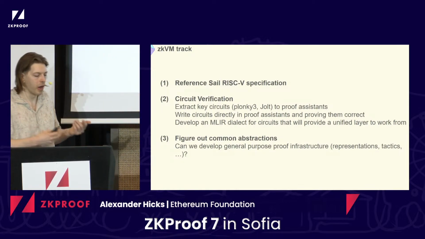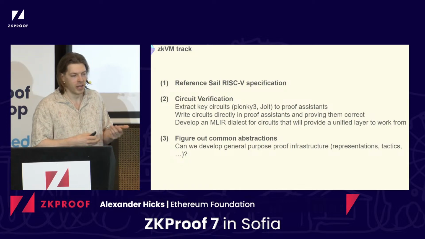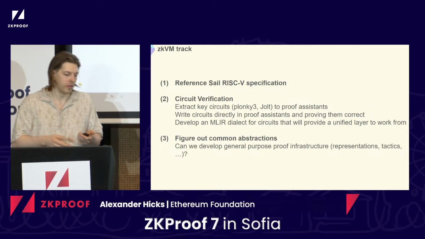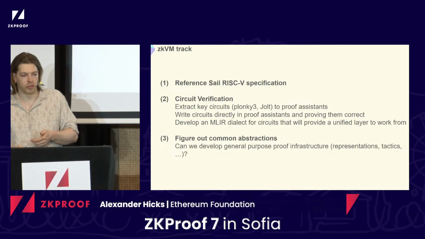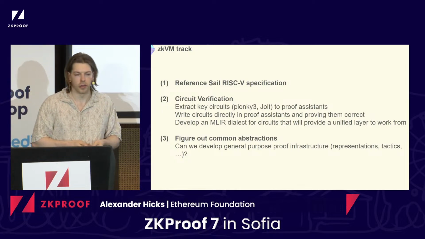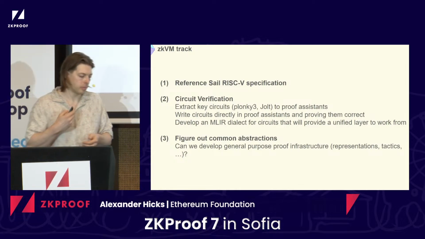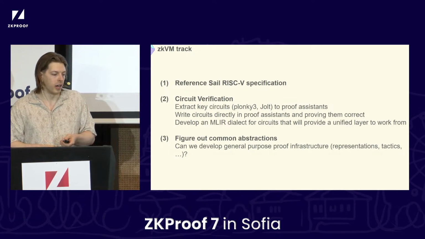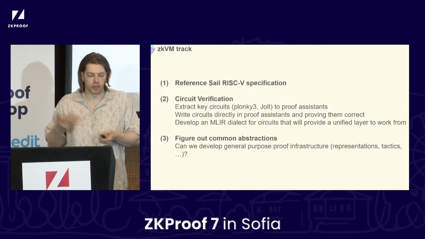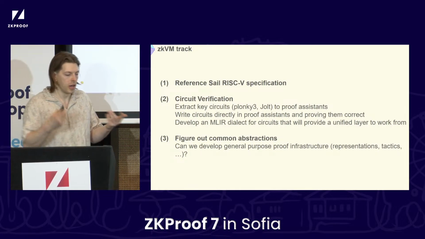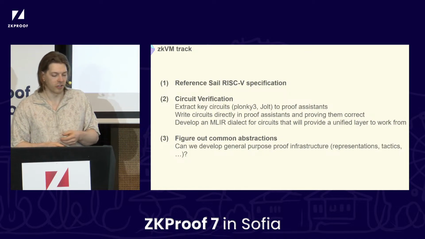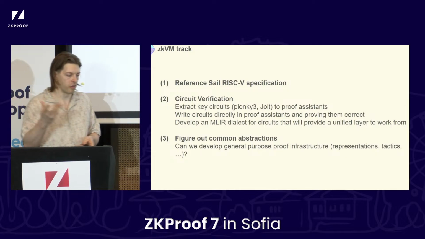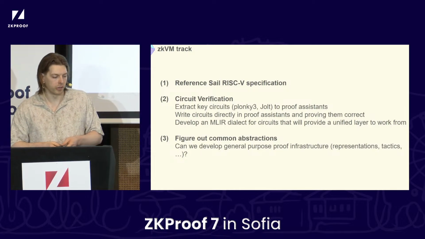The interesting thing here is to figure out: can we write circuits in a proof assistant and have these circuits actually be performant? One way to do this is maybe to extract a description of the circuit to Rust, a faster language, and we'll be playing a bit around with this in the future. And we'll also try to work from what we have now, which at the moment is a prototype, a proof of concept of a Keccak precompile, which has a surprisingly nice proof attached to it, but we'll try to obviously build this up to some kind of VM or subset of RISC-V circuit in a few months.